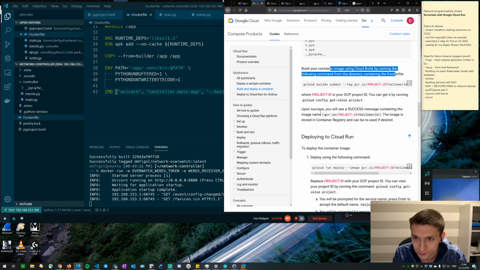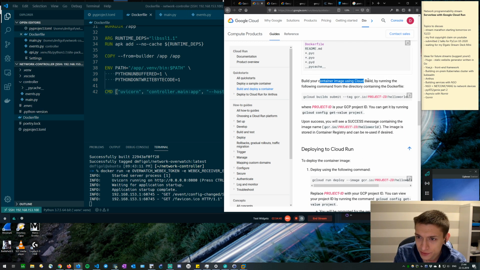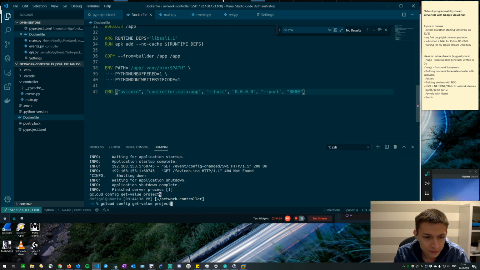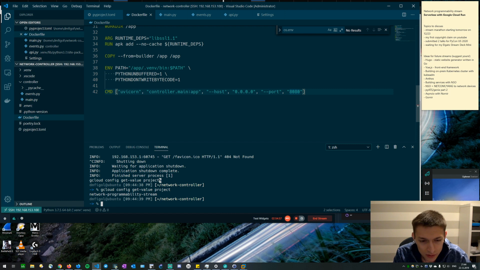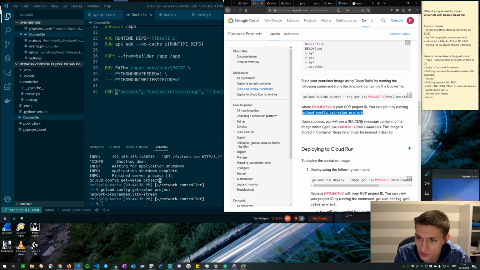Let's see. Build your container image using Cloud Build by running the following command from the directory containing the Dockerfile. Submit, tag, project ID, where project ID is your GCP project ID. You can get it by running this command. Okay, cool. Okay, this is my project ID. Upon success, okay, so I need to build this